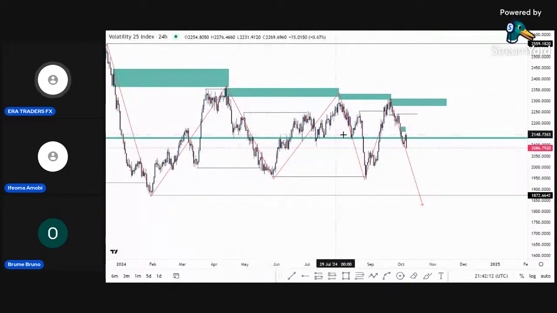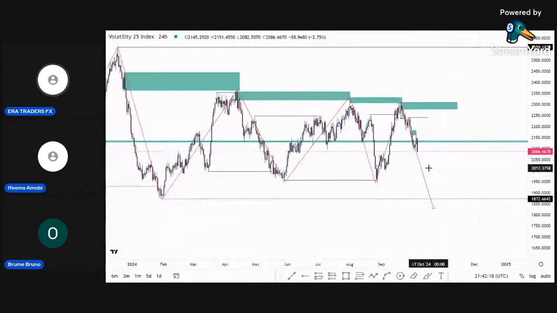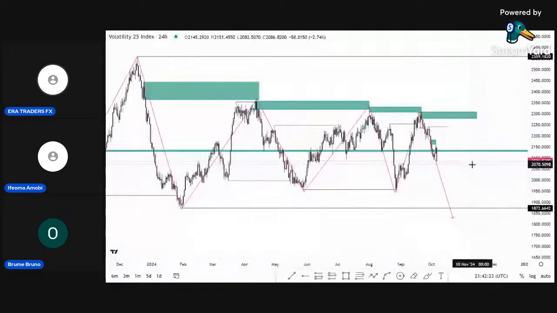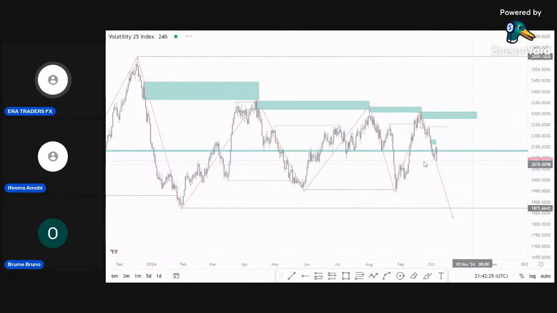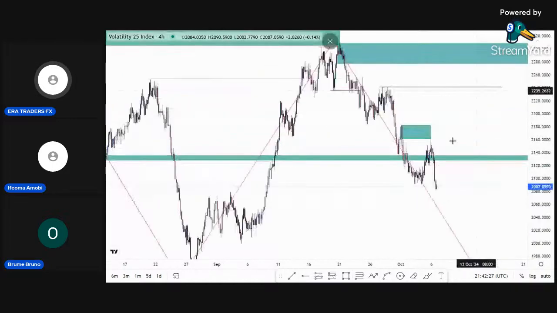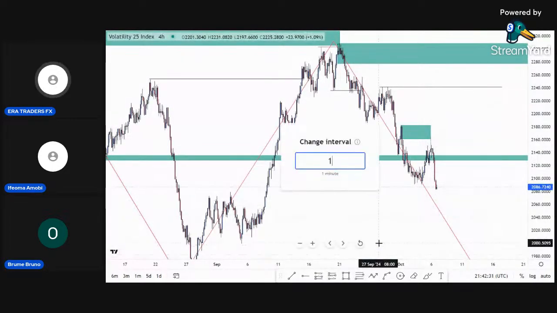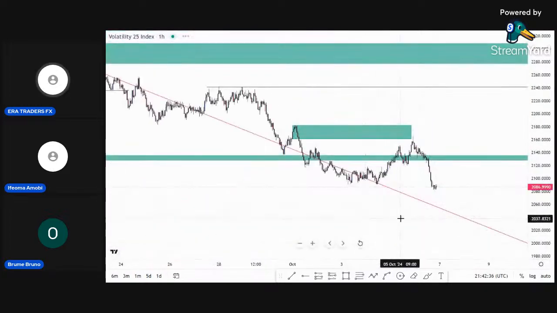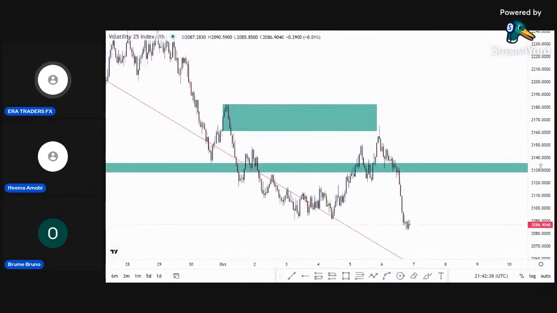So you already know the direction of the trend. Now you look for the levels that you want to sell from, potential levels that you are likely to sell from. I don't know if you get what I'm saying. So you wait for price to play into those levels. For example, this level I was talking about, this zone I was talking about. Let's say when price was here, you could have been looking for a pattern. Let's look at the 1 hour time frame. See what happened at the 1 hour time frame. You could have said, okay,